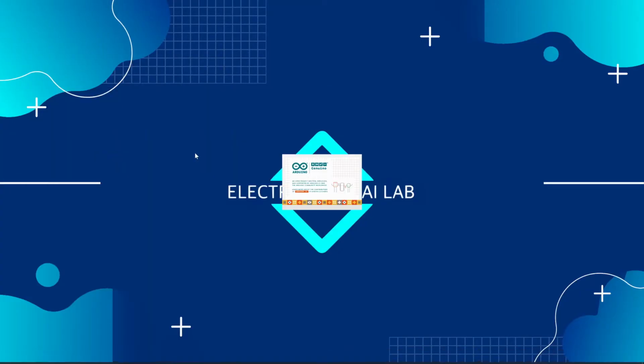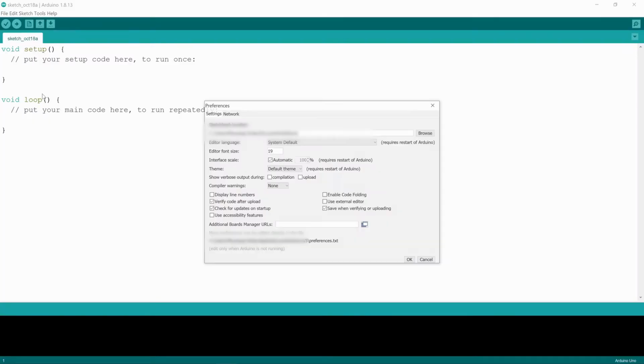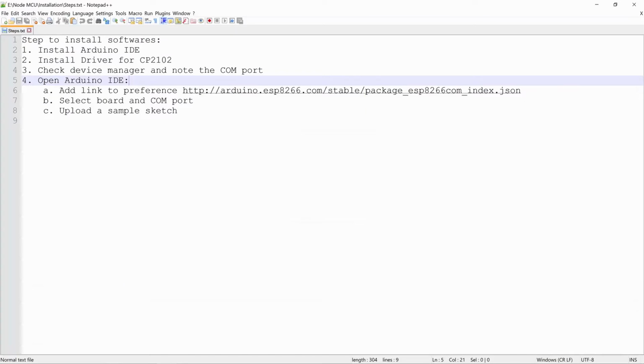So let's quickly power up the Arduino IDE and go to File, then Preferences, and here in the Additional Boards Manager URLs we have to give this link. This is for ESP8266.